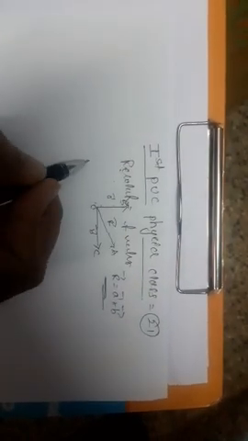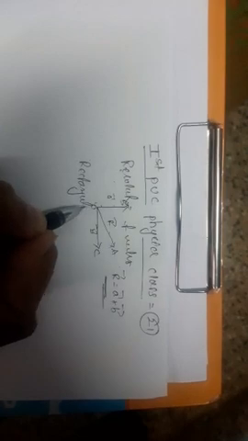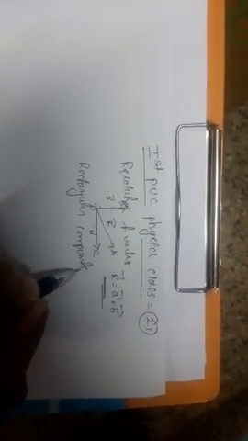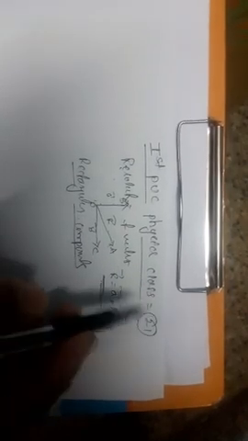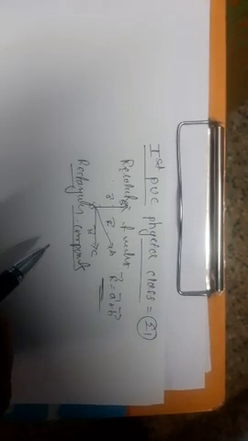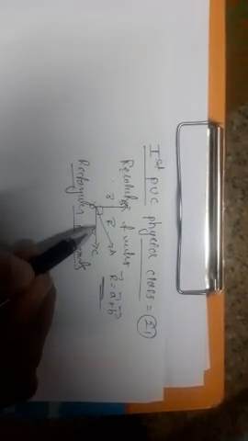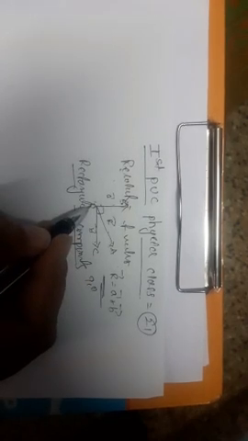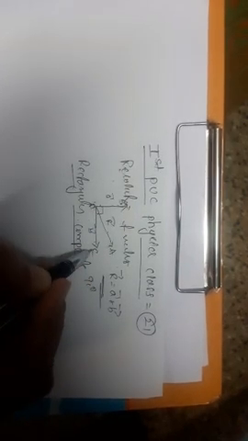The next concept is rectangular components. What is the meaning of rectangular components? See, this diagram shows OB is one vector and OC is one more vector. The two vectors are mutually perpendicular to each other. The angle is 90 degrees. Vector OB is perpendicular to the OC line. That means the two vectors are mutually perpendicular to each other.